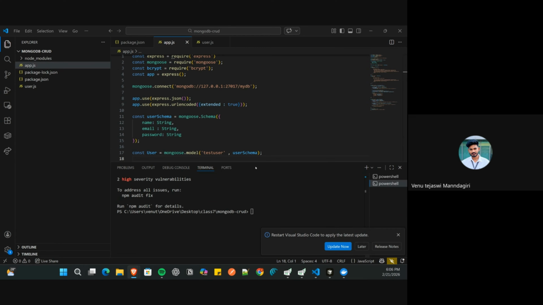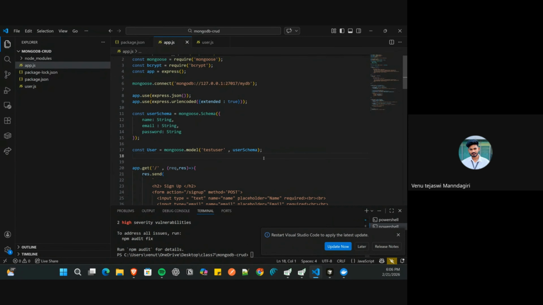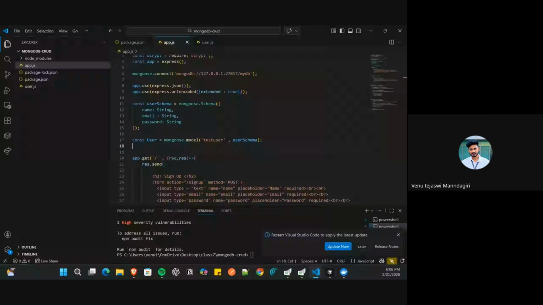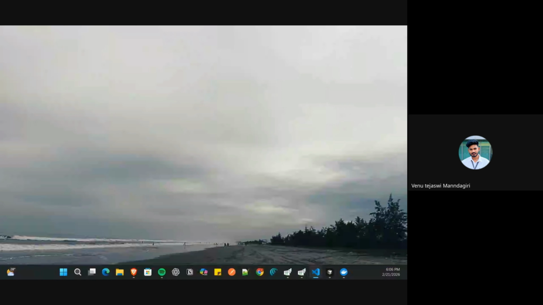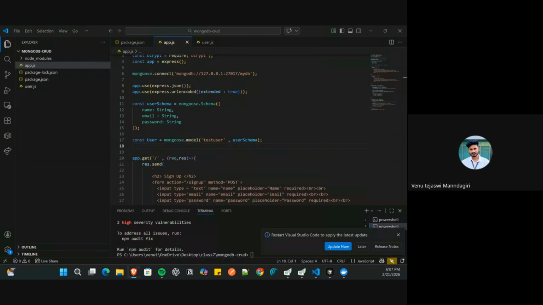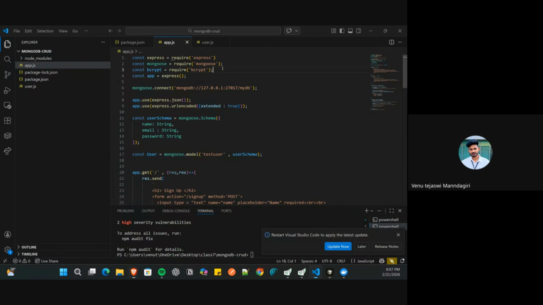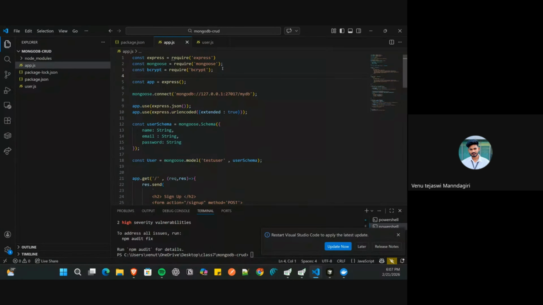So our MongoDB is activated. Let's get into coding. We need to import two packages as we discussed. I need JWT, and I'm going to declare one variable called JWT, require, and the name is jsonwebtoken, and another